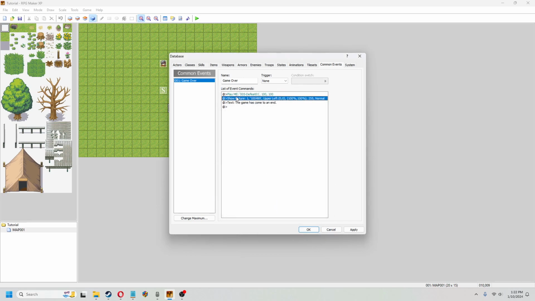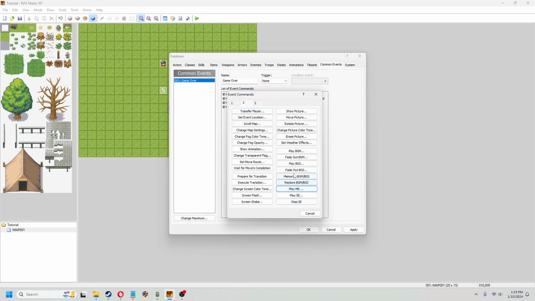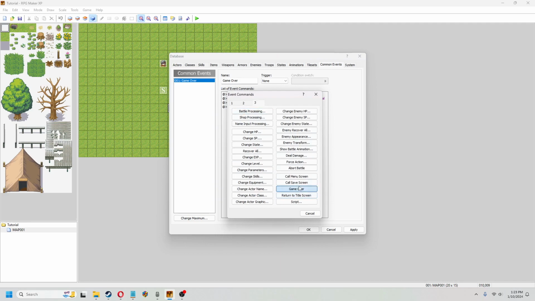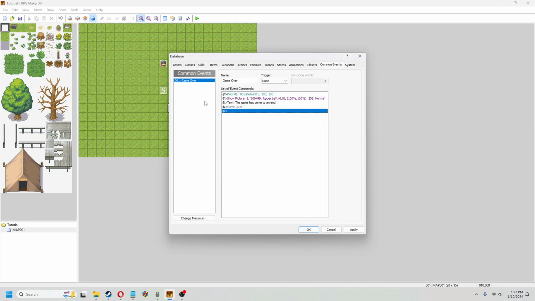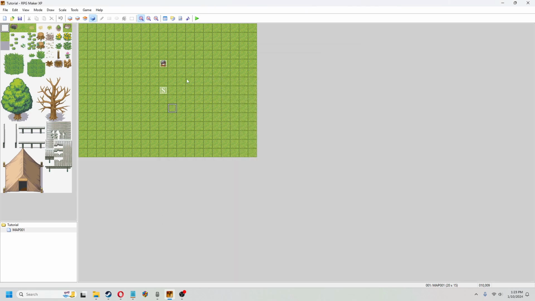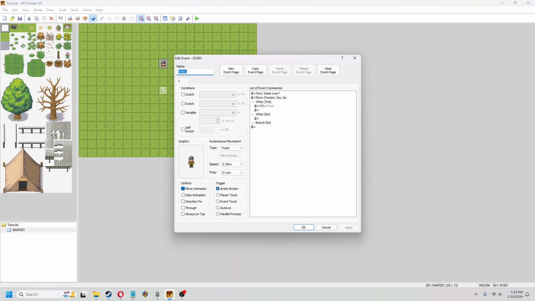So it shows the screen, it does the music, it gives you text. I have not included fade-in stuff, but there are things you can do to make it look better. And then after that, you want to actually call the game over. So when you're programming your events, let's go back to this guy. Text game over, yes, no. When yes, do game over. When no, nothing. Instead of ever using this,